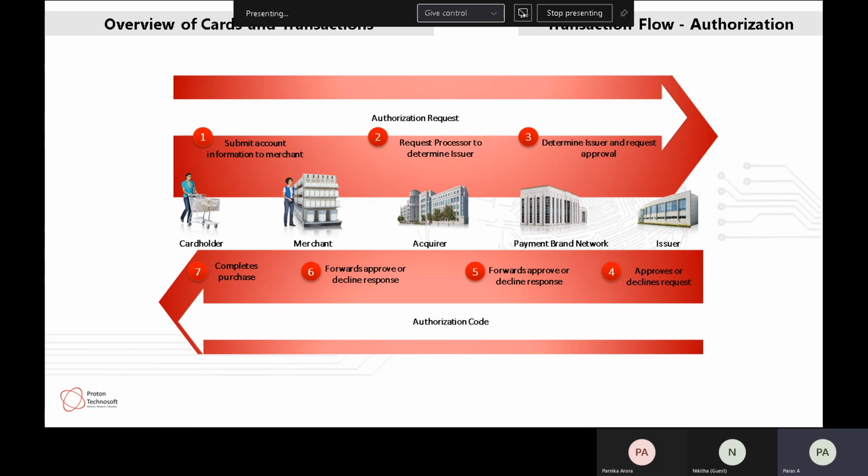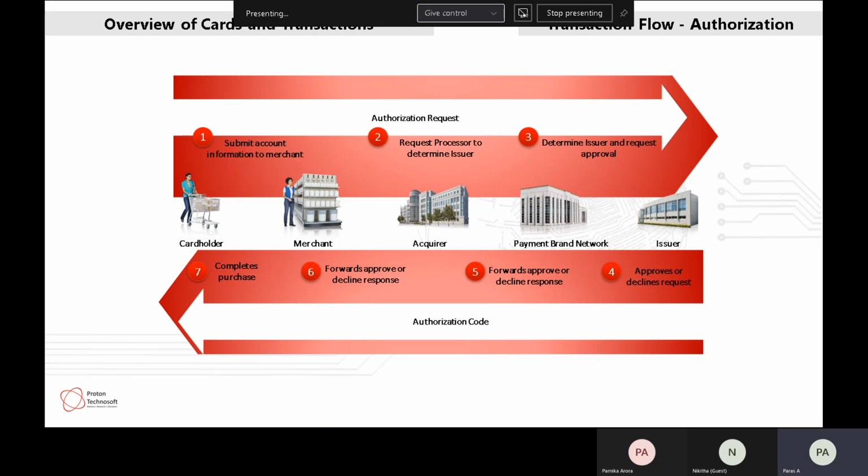And that is where, if you go to some of the shops and you say you want to pay by the card, they say we will take the card, but we will charge you 2% extra. This is the reason they charge you 2% extra, because 1.4% goes to the Visa network and 0.4% goes to the acquirer. So the merchant gets minus 1.8% of the transaction into their account. That is where the merchant says, I will charge you 2% extra if you give me a Visa or a MasterCard.